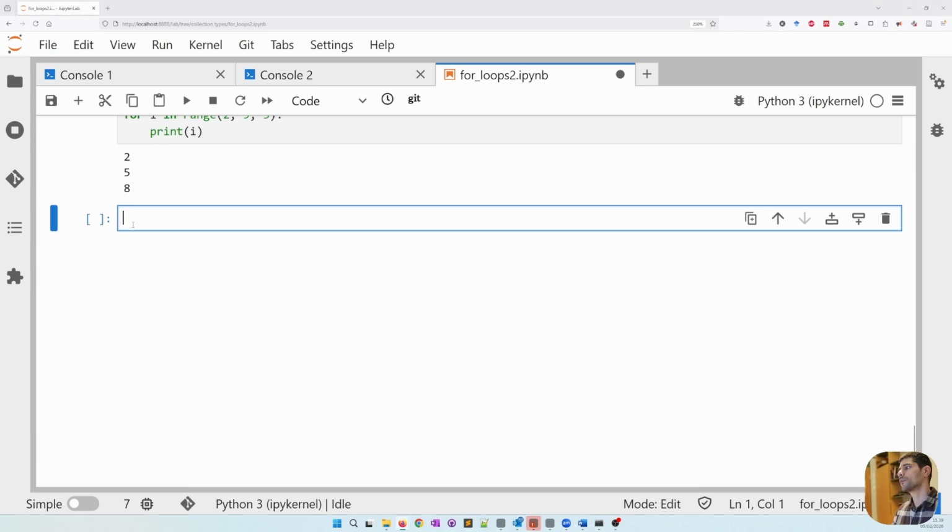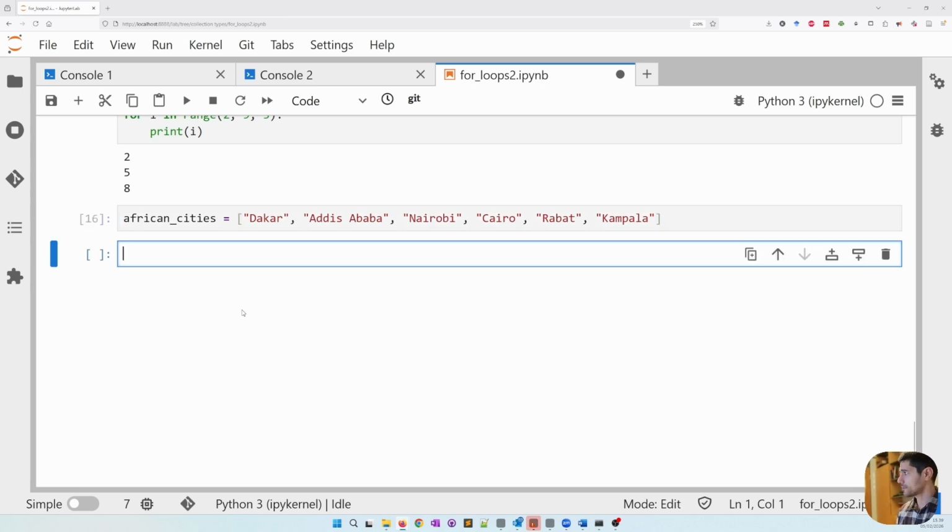So now we are moving on to another list of African cities this time. Let's change the continent one more time. We have a list of African cities starting from Dakar all the way to Kampala. And let's define our list. This time I'm going to loop over the list using range, because I want to access the items one by one using their index value and use them in an F string that we learned about before in one of our videos. For i in range,